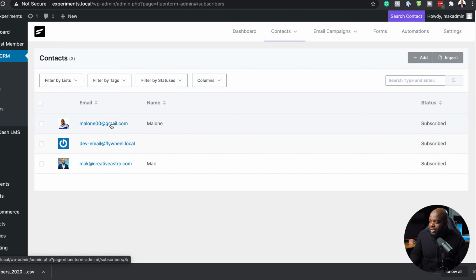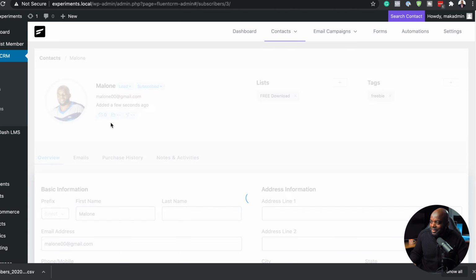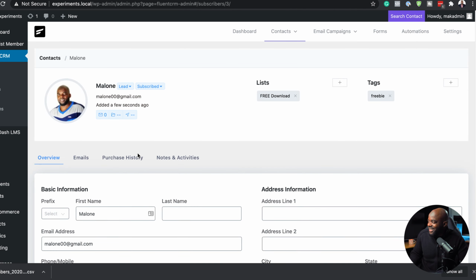And if I come over here, this is me as well. So the tag is freebie, and if there's any email sequences here or anything that was sent, I can always see them over here. But this is how easy it is to import your users in. I mean, it can't be easier than this. Okay, so this is brilliant. Now let's say